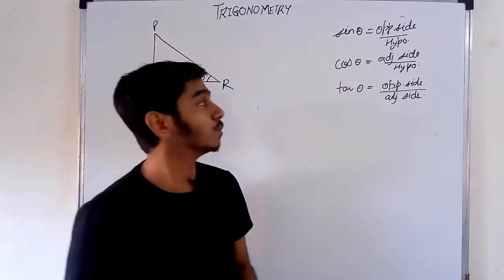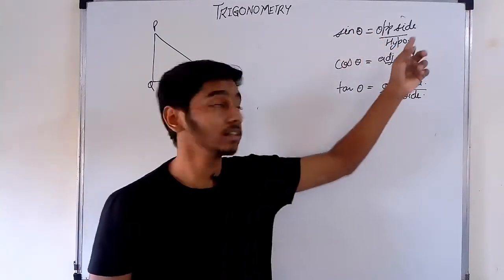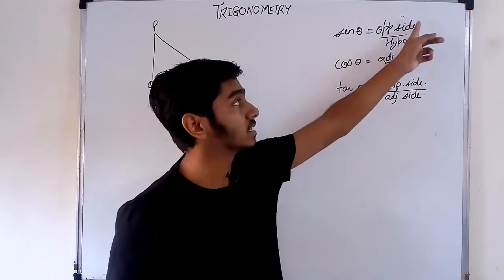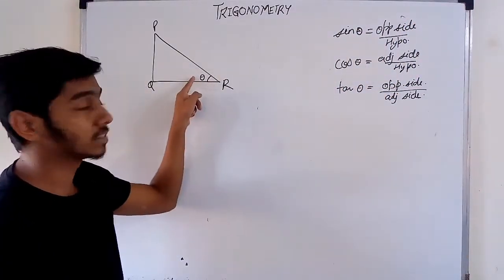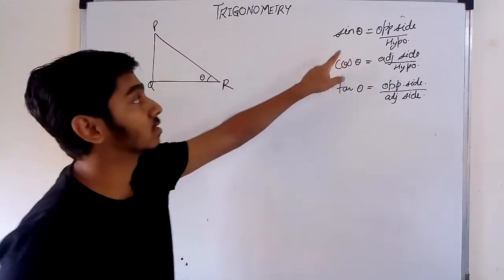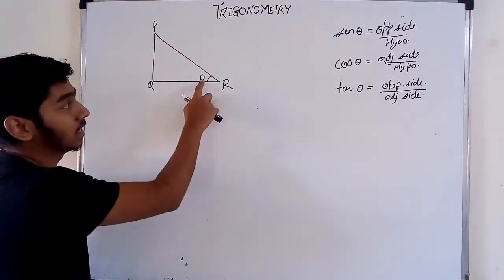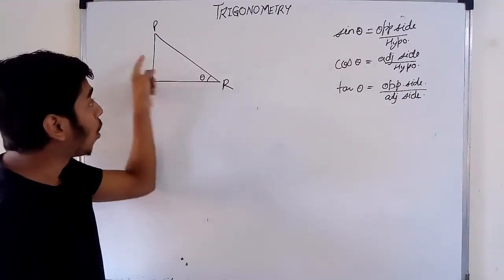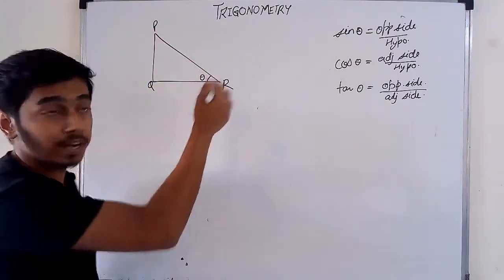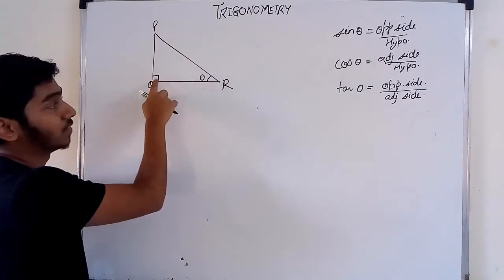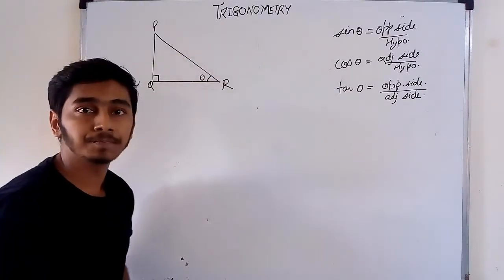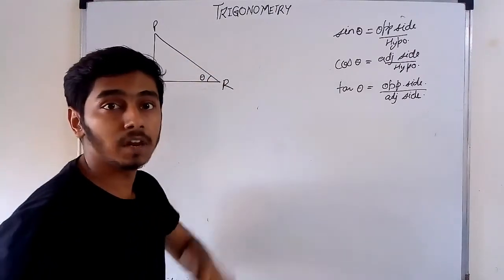So in the previous video we saw these formulas, these ratios, correct? These are called trigonometric ratios. If you consider a triangle and this is angle theta, then opposite side upon hypotenuse is called sine theta. Opposite, which is PQ, upon hypotenuse, which is PR. Now you know how to find the hypotenuse also. If this is 90 degrees, the side opposite to the 90 degree angle is the hypotenuse, correct? I hope you know that very well.